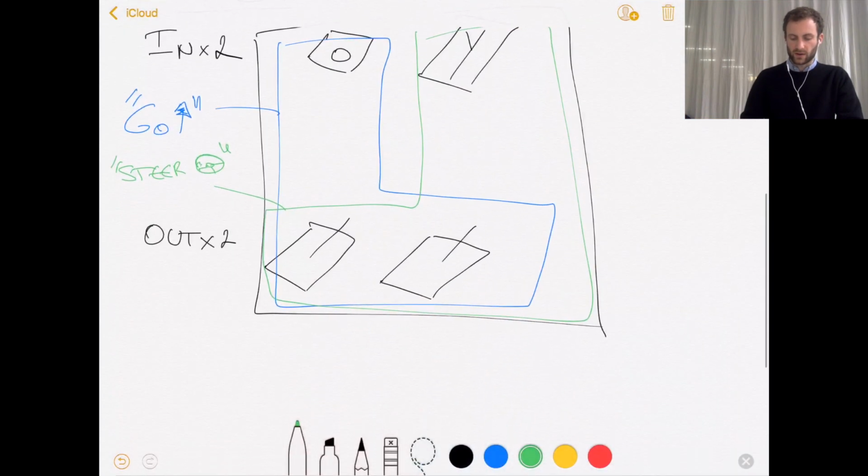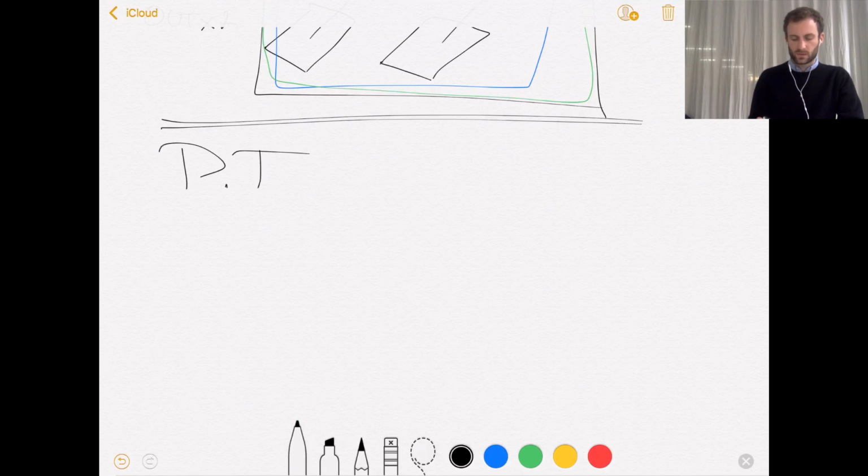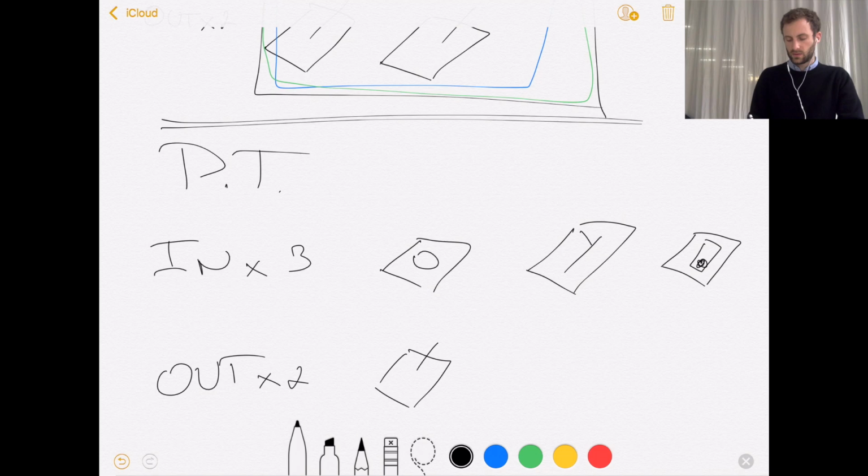So this is one new diagram that we can start creating here using the same techniques as we did before. So that's the pickup truck with inputs, with outputs. We've got the same two outputs. We've got three inputs. So we had the button, we had the slider, and we had the tilt sensor. And this is how I define my tilt sensor as well. We have one motor, two motors, one system called the pickup truck,